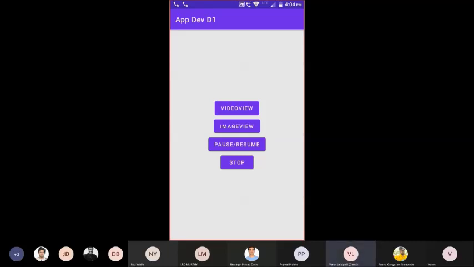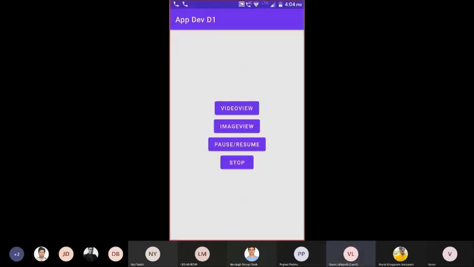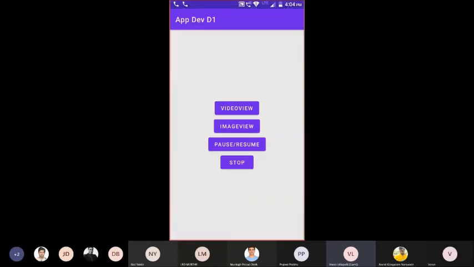What happens if I long click on the image? The same button can be used in two different ways. If you just click it normally, it opens your camera app and you can take an image and show it to the user.